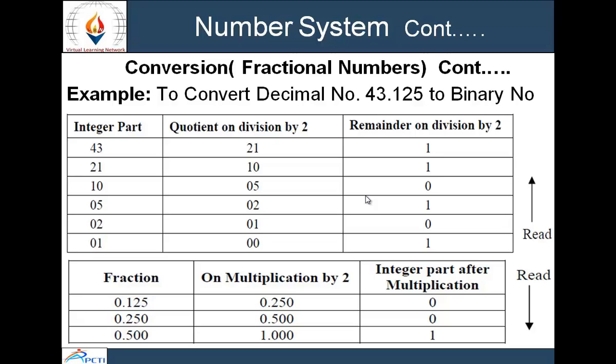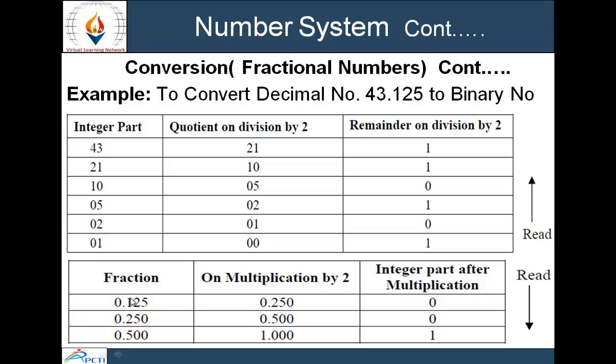Now we will see one example, that is to convert the decimal number 43.125 to a binary number. For the integer part, that is 43, we will divide the quotient of the integer part repeatedly by 2 and separate the remainder. You can see the remainders here, separating the remainder till we get 0 in the quotient. And if we talk about the fractional part, that is